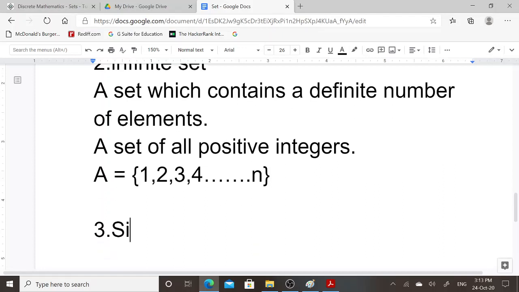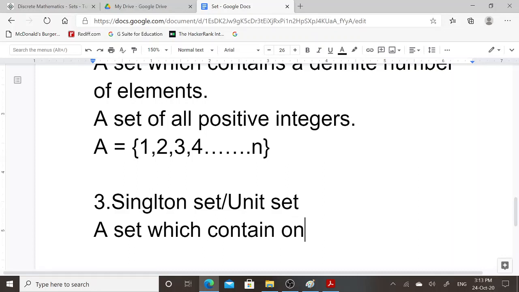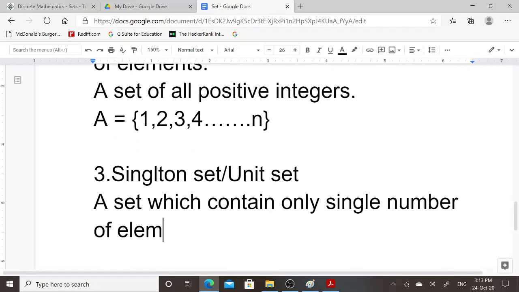Third type of set is singleton set or unit set. Singleton set is also known as unit set. What is meant by singleton or unit set? A set which contains only a single element.